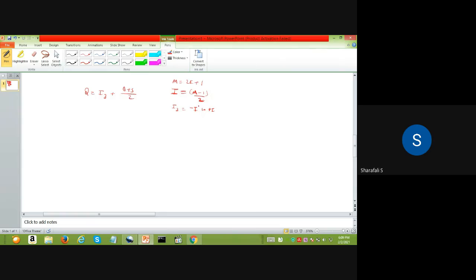For example, if you have an L value, then ML will go from minus L to plus L,